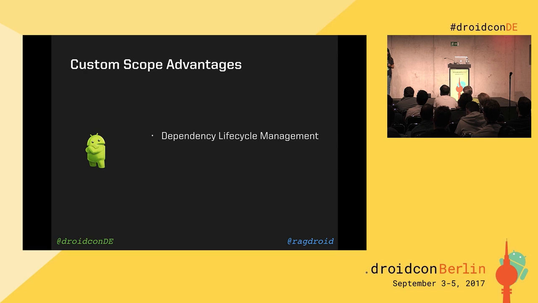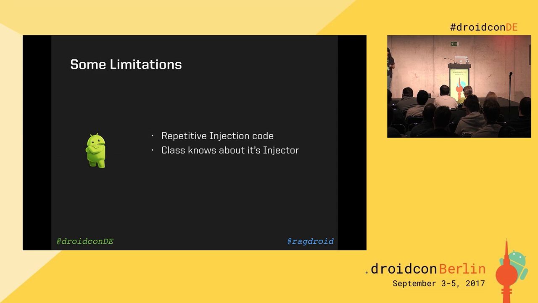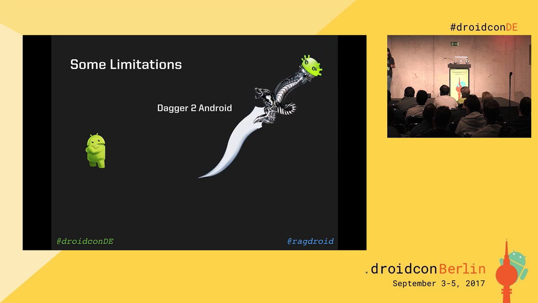So there are a few advantages with custom scopes: dependency lifecycle management and modularized code. And there are still some limitations. That is, the inject code that we're writing becomes repetitive. And the class knows about its injector. For example, in login activity, it knew the app component is the injector, and so on. So to